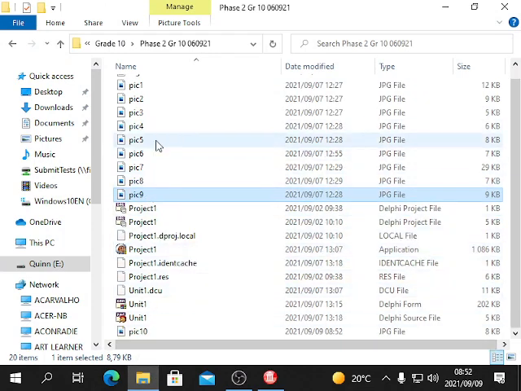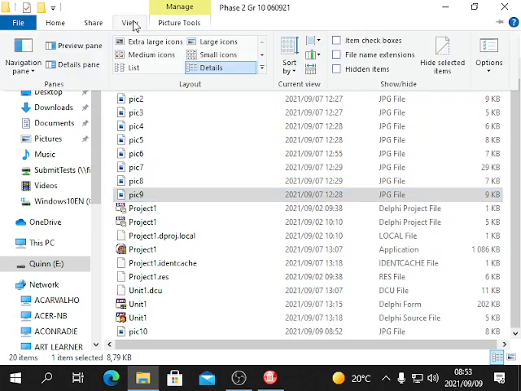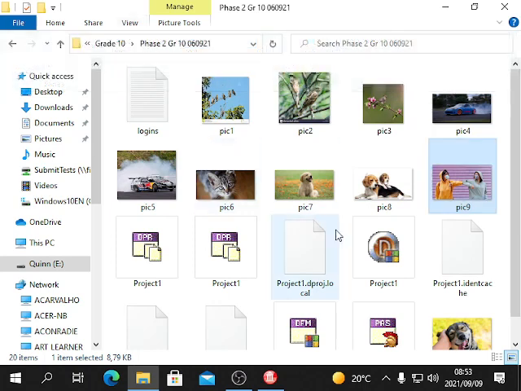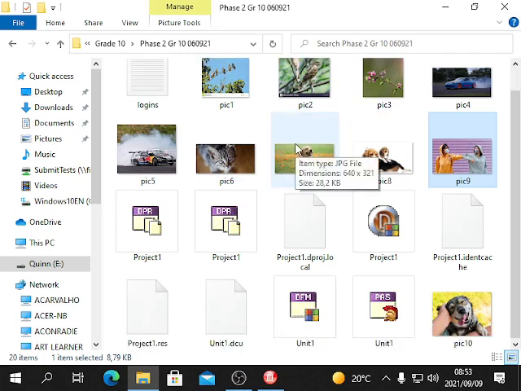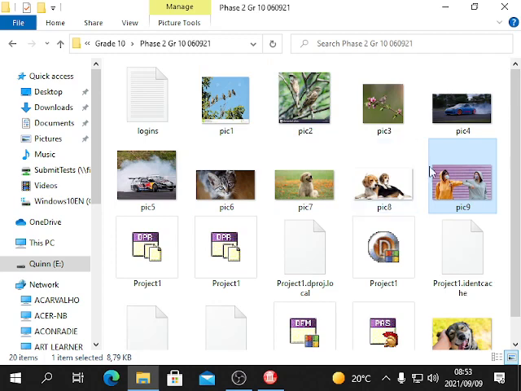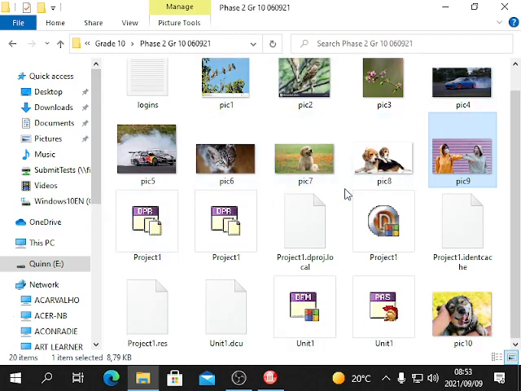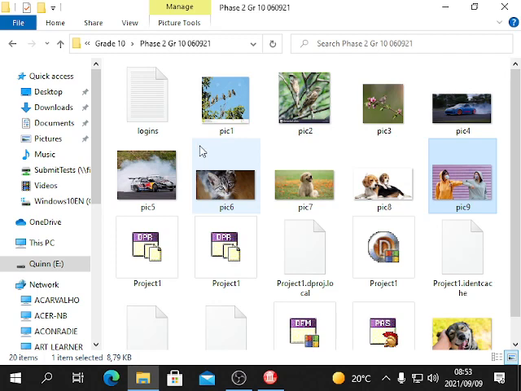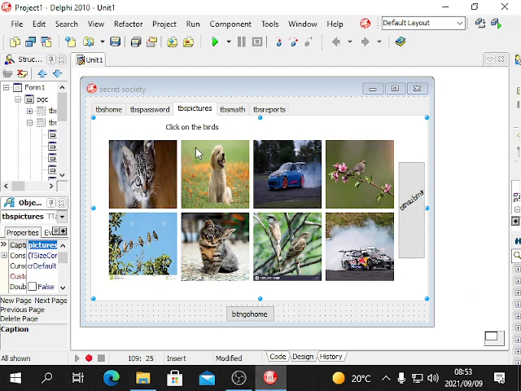Now the problem is that we have to know what our pictures are. So it would be a good idea to keep track of which ones are actually the birds. I've got 1, 2, 3 is the birds. Okay, so pick 1, 2, and 3 are the birds, okay? So if I'm only going to make them pick on birds, pick 1, 2, and 3 are my birds. Each time we have to only click on birds,